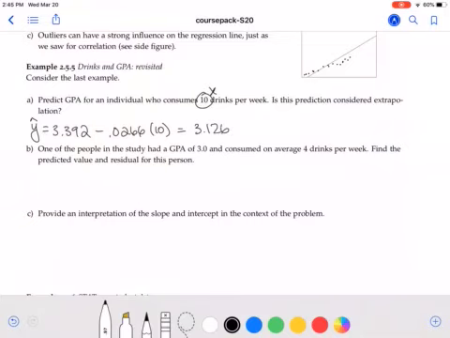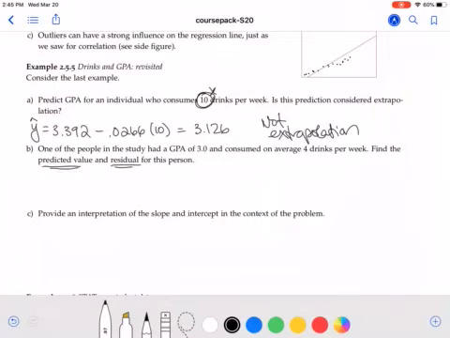To be considered extrapolation, this number would have to be outside the range of our data, and it is not. 10 is within the range of the x's that we actually have in the data set, so this is not extrapolation. The next one asks us to find the residual and the predicted value for a person in the data